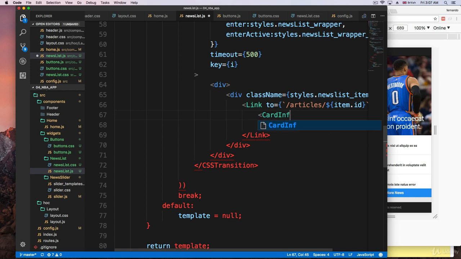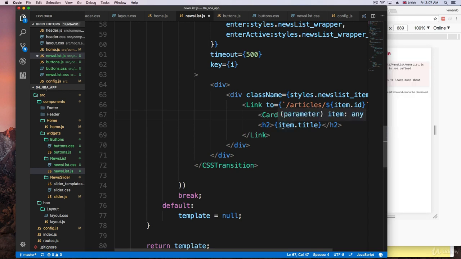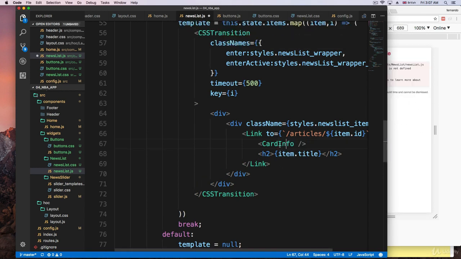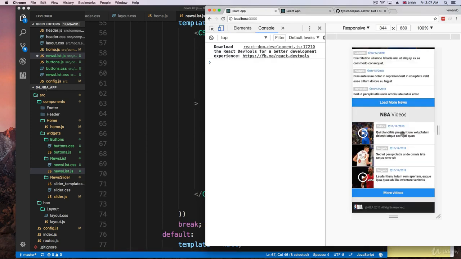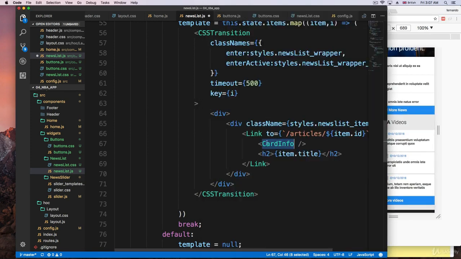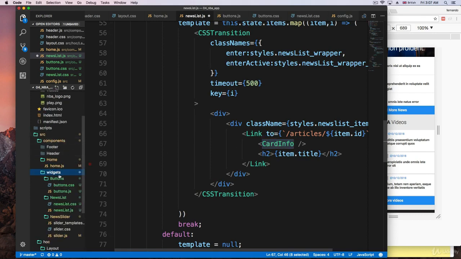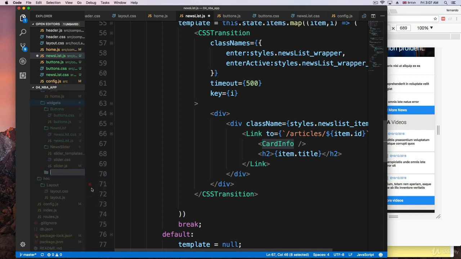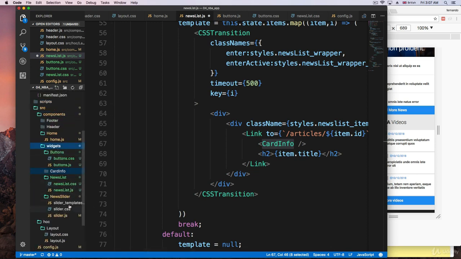Like I told before, the hardest thing about doing this is what name each component. So this card info, of course, we get an error message because it doesn't exist, but we're going to create it right now. Now, if you remember this card info, we're going to have it on different components. So it's a good idea to make it a reusable component. So I'm going to go to widgets and create this component. I'm going to create a new folder that is going to be called card info. Makes sense? Card info. And then I'm going to create a file inside that is going to be called card info, of course,